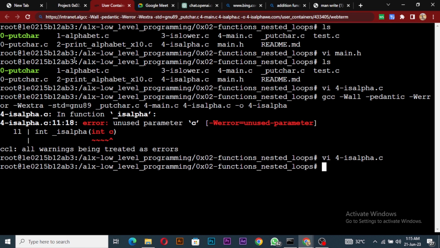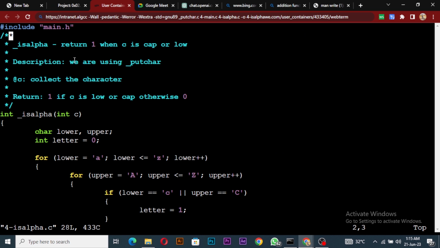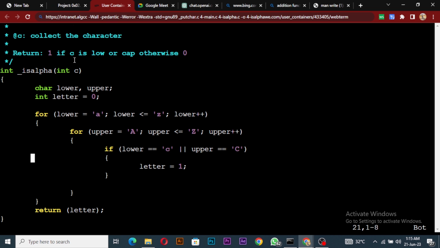Let me see. vi 4. Okay. It is C, not a character. So let me just use this. I think this is where the error is from. Okay. So since it is C,